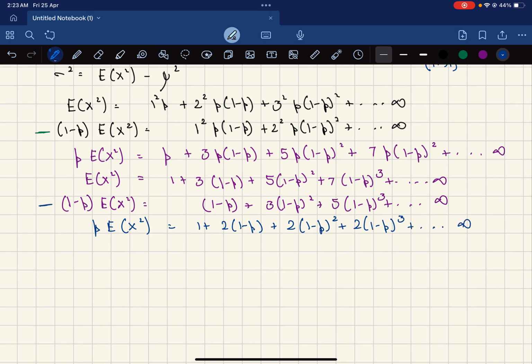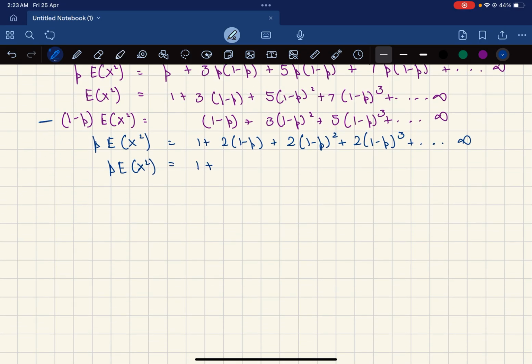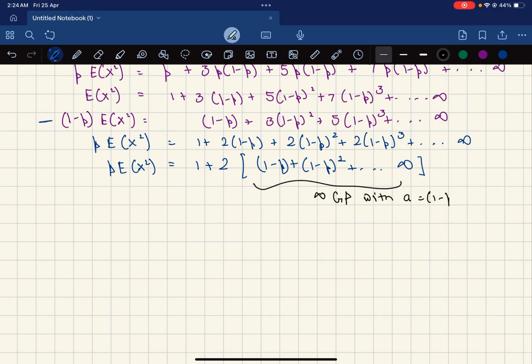Now clearly the right hand side has become a geometric progression, so this could be written as p into E[X square] is equal to 1 plus 2 times [(1 minus p) plus (1 minus p) whole square plus] till infinity. Now this is an infinite GP, with a as the first term 1 minus p and r is equal to 1 minus p as well. So we can write the sum, once again using the same formula for sum of an infinite GP, we have a upon 1 minus r. So we are left with